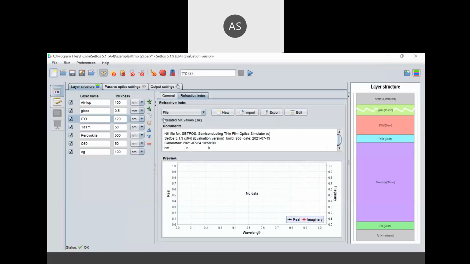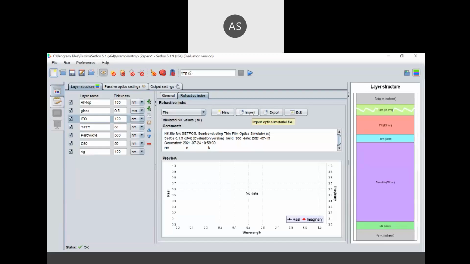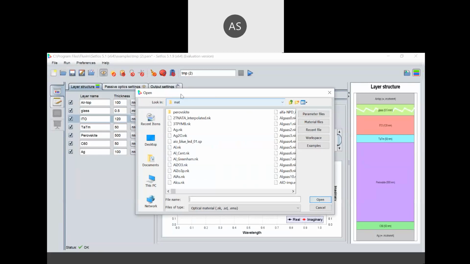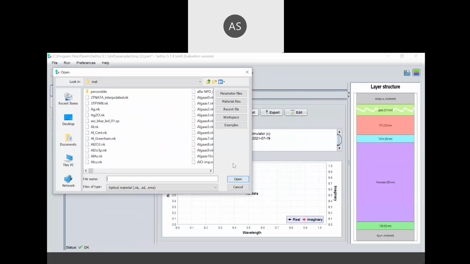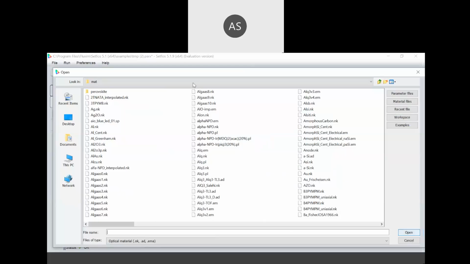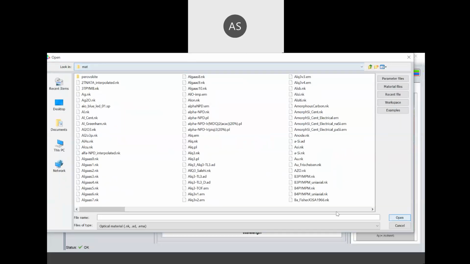But for this ITO, I would like to import from my database. So I will simply click on the import option and select the ITO material from my database. This is our database, which is there in the C drive. When I install the software, this database is automatically installed.